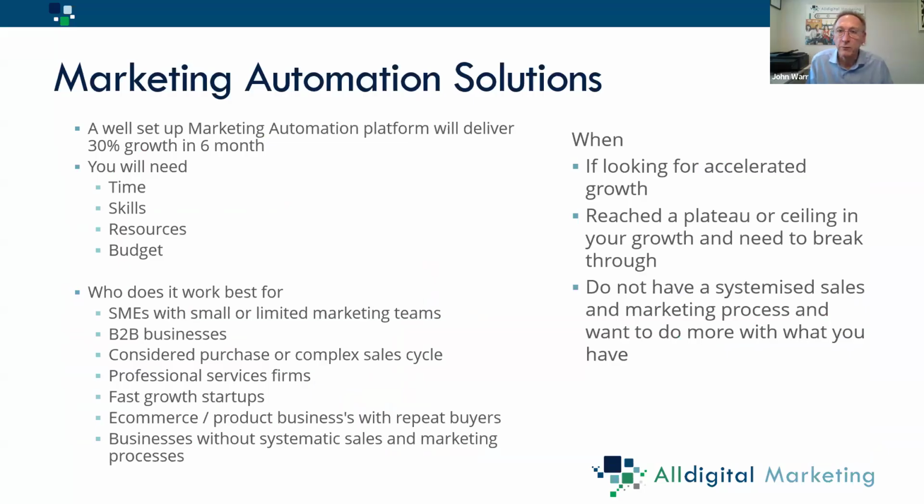So who does it best work for? Businesses where 1 or 2 people are juggling SEO, pay-per-click, social media, email, and CRM, basically all of these systems. Put them into one platform. It reduces the tool overload, automates your repetitive tasks. It lets small teams punch way above their weight. B2B companies with complex sales cycles, firms where deals involve multiple stakeholders or 10 to 20 touch points. Marketing automation helps track leads across the full buyer cycle.